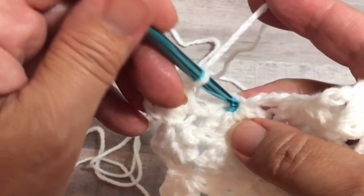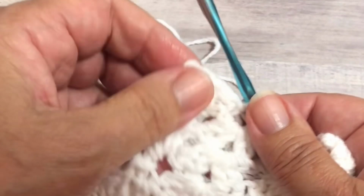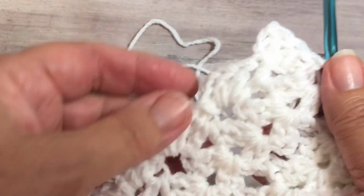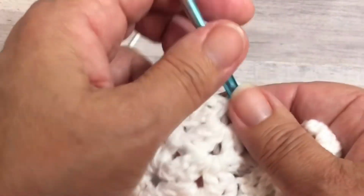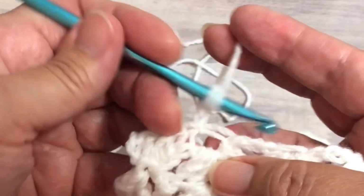You can place the slip stitch wherever you feel it needs to be, and there we just turned the corner. Doesn't that look nice? Chain 3, 2 double crochets,